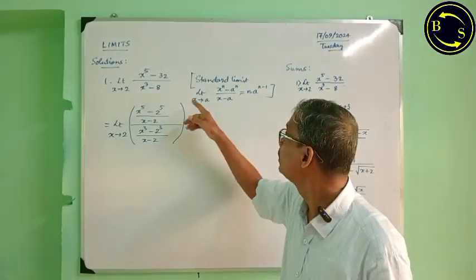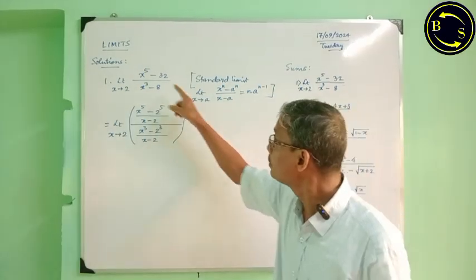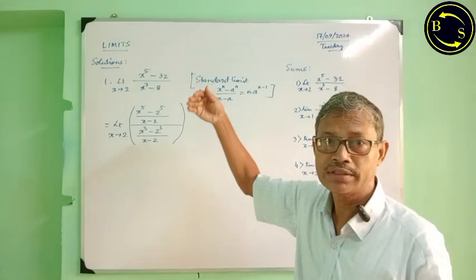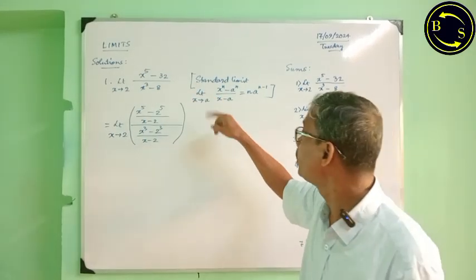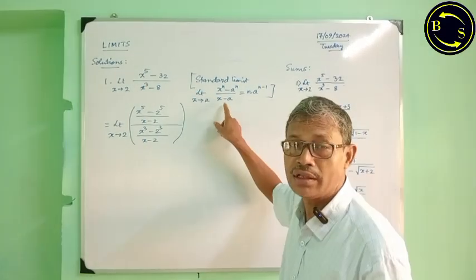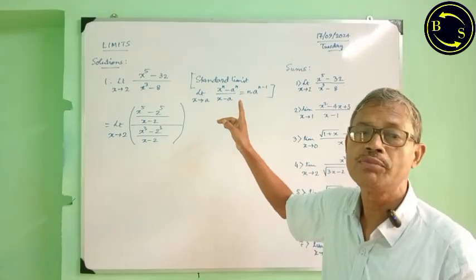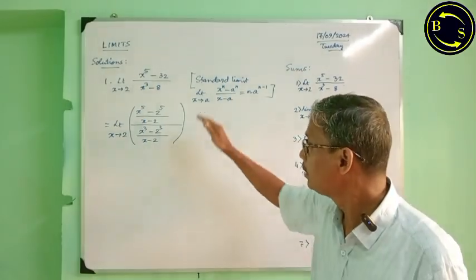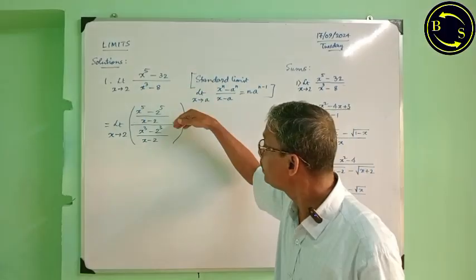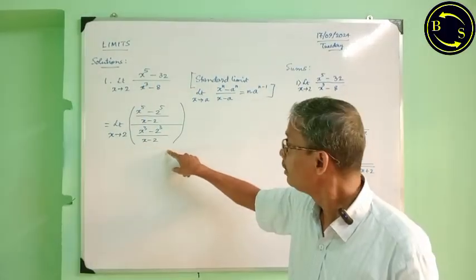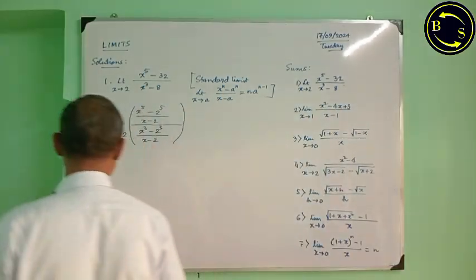The method is here: since the numerator and denominator both are in the form x to the power n minus a to the power n, we have to use here the standard limit x tends to a, x to the power n minus a to the power n by x minus a. For that I have divided the numerator and denominator by x minus 2. I have got this form. Now